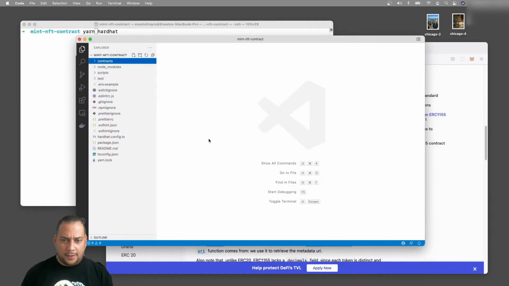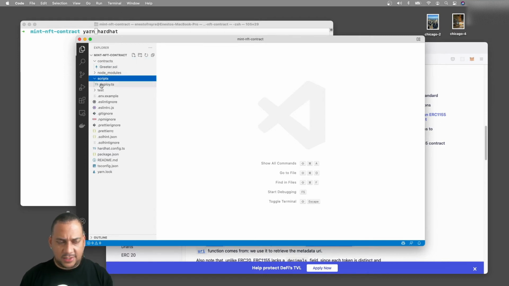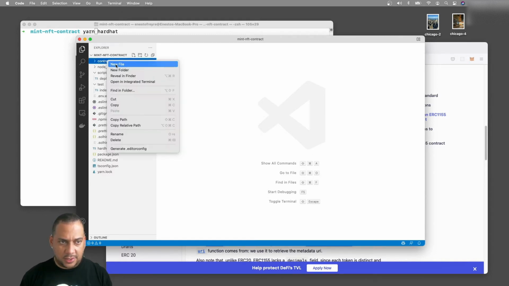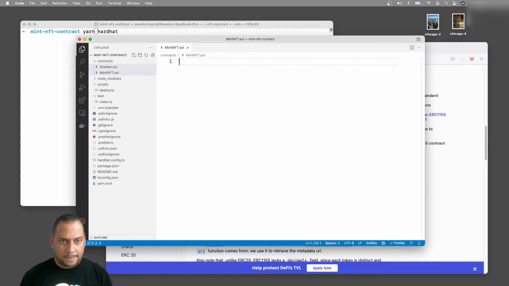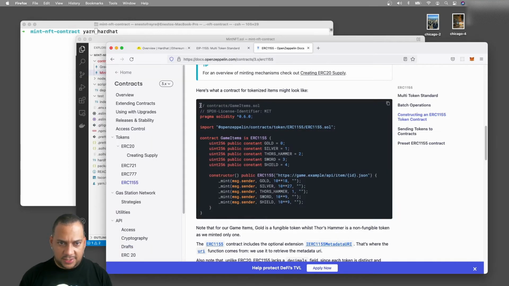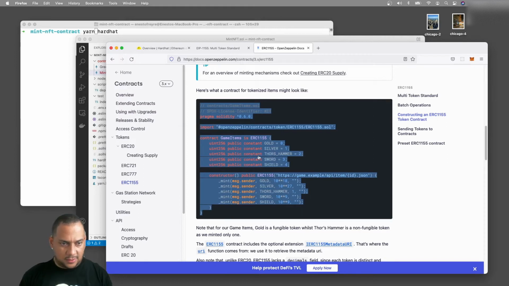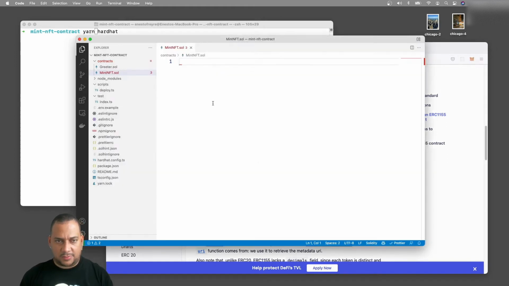Here's the project. And in the project, we will see that we have a contracts folder with all our smart contracts. We have a script folder. Initially, only have the deploy script, and we have a test folder with an initial test for that sample contract. So we will create our new contract here, and let's call this MintNFT.sol. And since we already decide that our contract will look pretty much like this, let's copy this, right? And let's use that as the base for our smart contract.